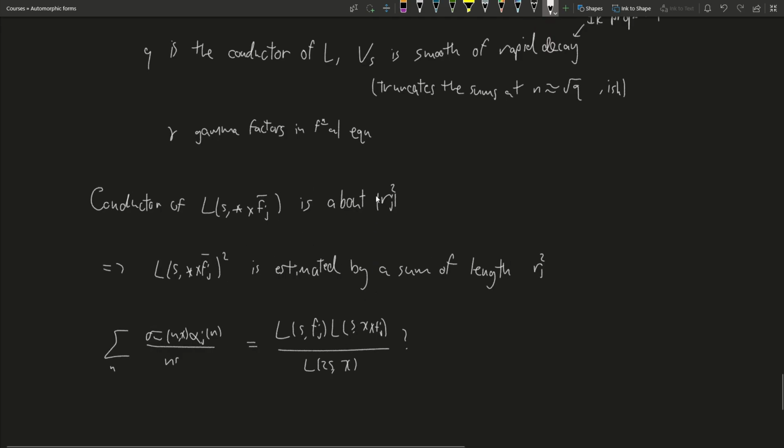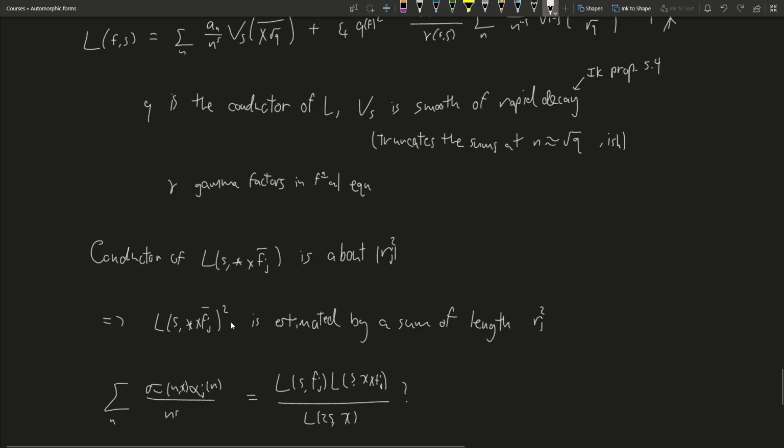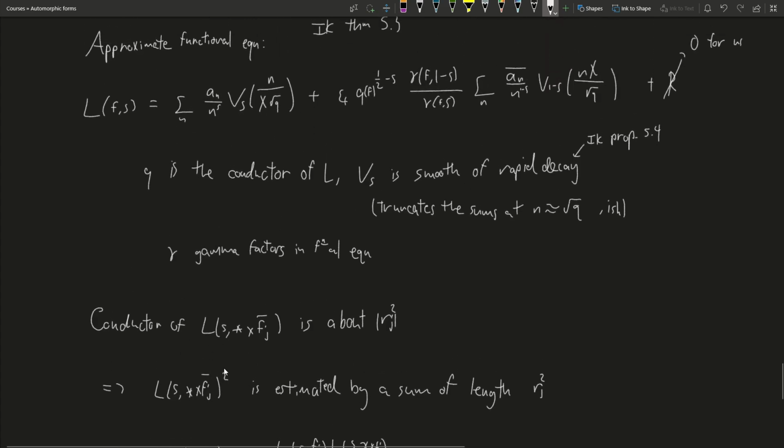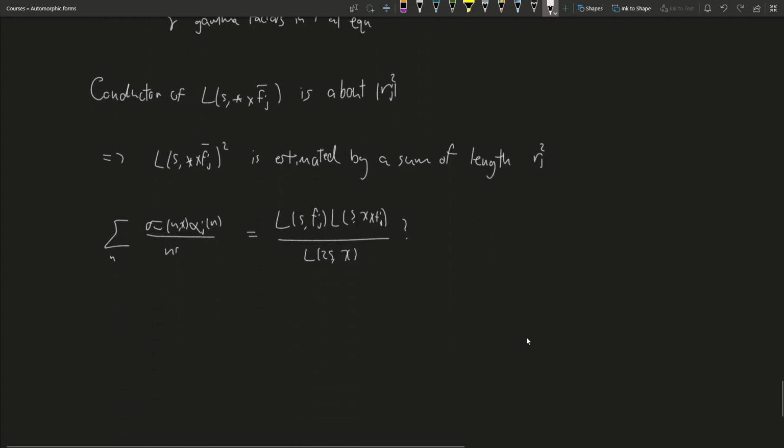the conductor. So this L-function is going to have conductor that is the square of r_j squared, so r_j to the 4, and you're truncating the sum at the square root of that conductor, so you're truncating that sum at r_j squared. Now,